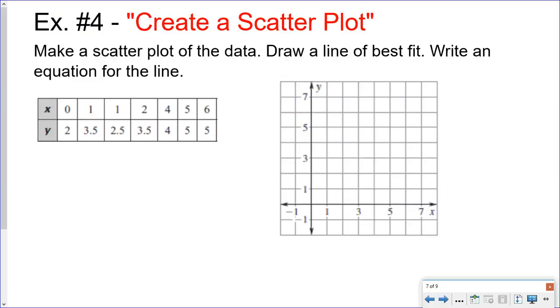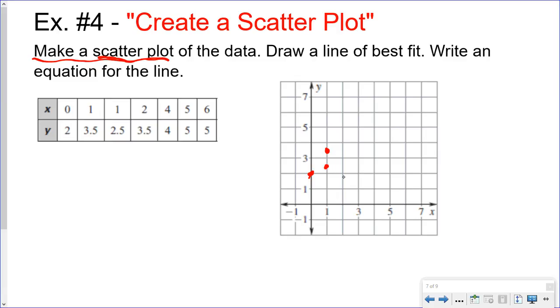Here, they're taking you one step further back, and they give you the information, but you have to make the scatter plot first. So that's an extra step in the problem. So I'm going to go to 0, 2. I'm going to go to 1, 3.5. I'll do 1, 2.5,